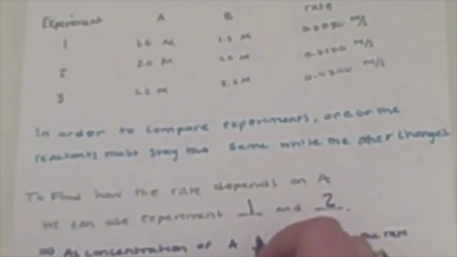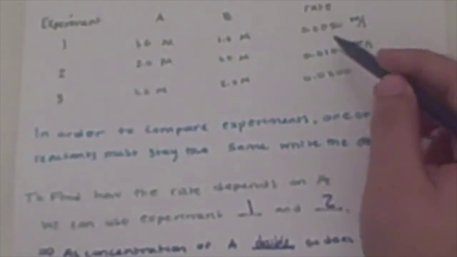So the concentration of A doubles, and the rate goes from 0.005 to 0.01. So we can see that the rate also doubles. So since A doubles and the rate doubles, we will say that m is equal to 1. So to find the rate dependence on B, we can use experiments